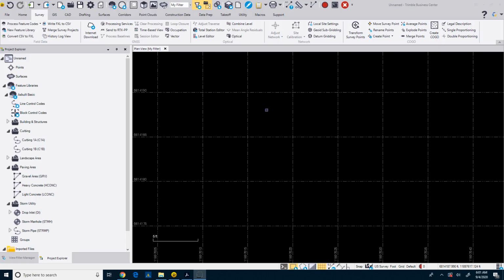Okay, so I want to create another feature code with an attribute, and this one is going to be for the sidewalk. Now, you could do this on some of the other ones as well, and you can always go back and adjust or add. So I'm going to do this one, put it in the paving area, and we'll call it